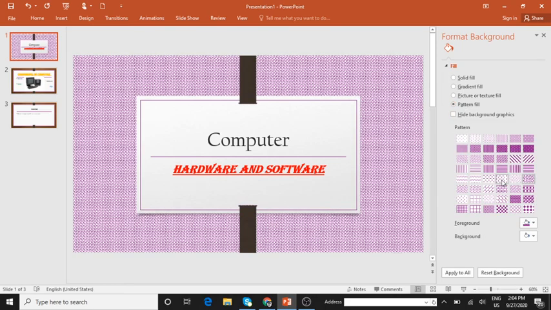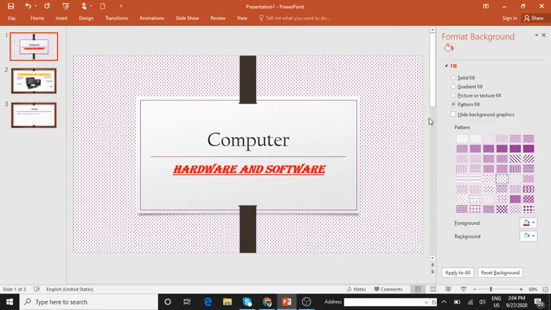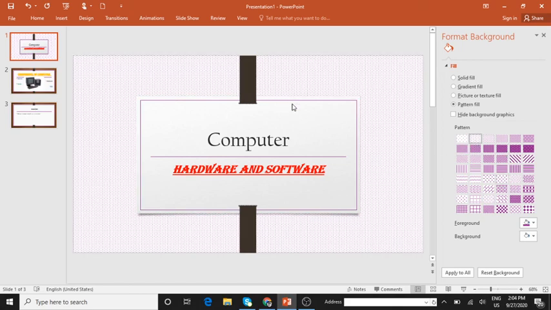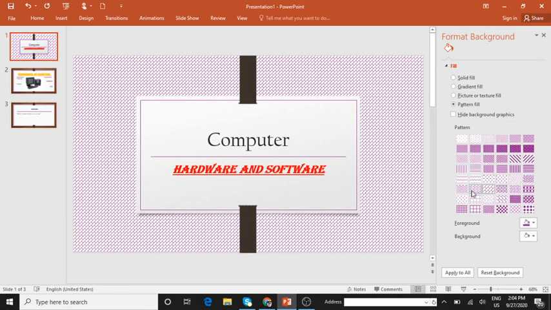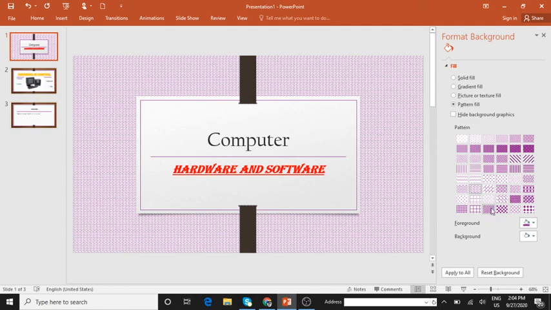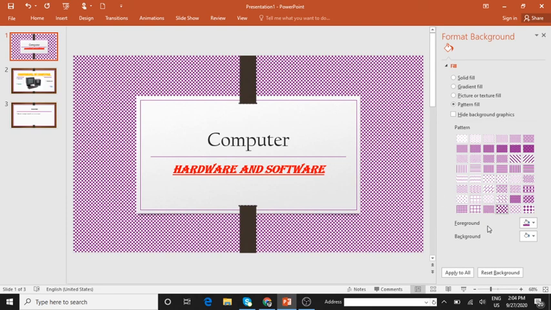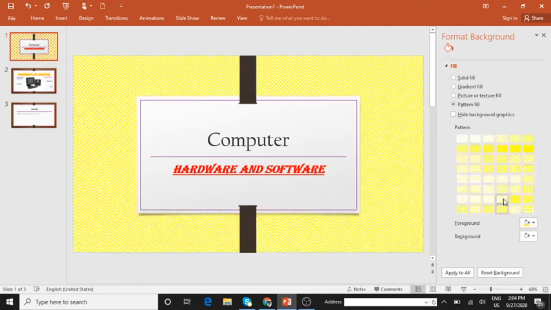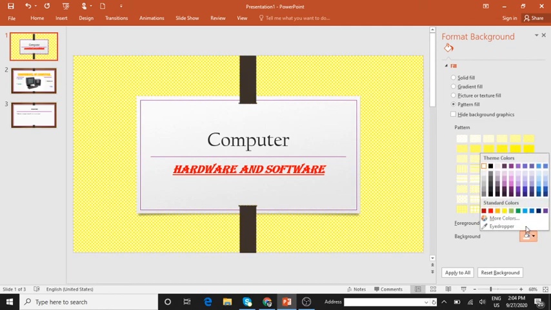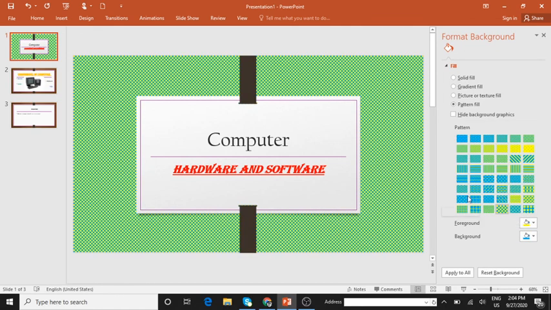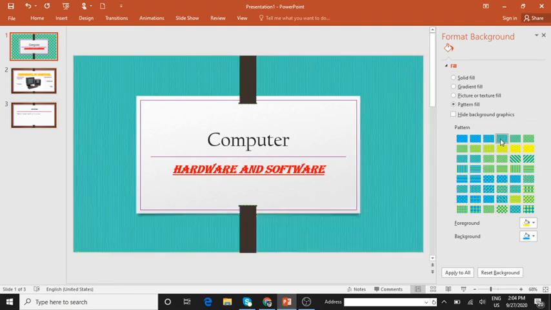Pattern fill. So this is how it appears. All the slides change. The templates will be the same, but you can change only the color variations. Got it? Can you see this now? Foreground and background. I'll change it to yellow. I'll change it to blue. Different shades. You can give different color variants for that.